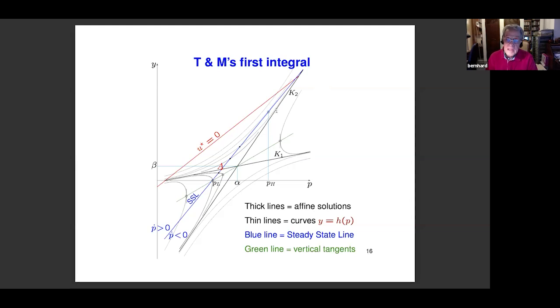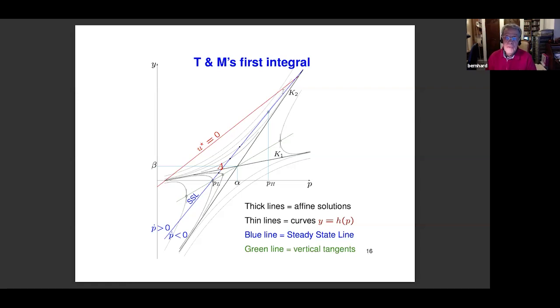but each of these lines will intersect a second time the blue line. My drawing is not very clear, but because the blue line has a slope less than the line K2, and these curves are asymptotic to the line K2, they will intersect a second time the blue line, and beyond this intersection, the system driven by the strategy phi is unstable. It diverges to plus infinity, and you don't want the value function to diverge to plus infinity.